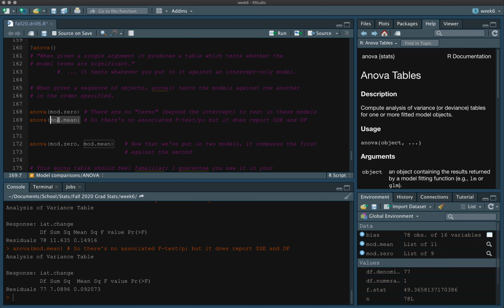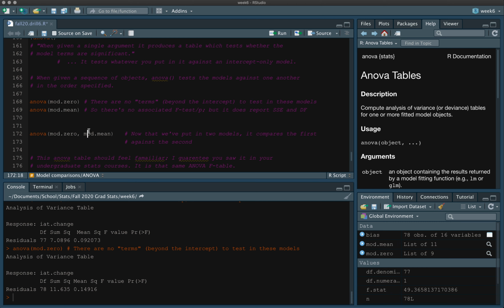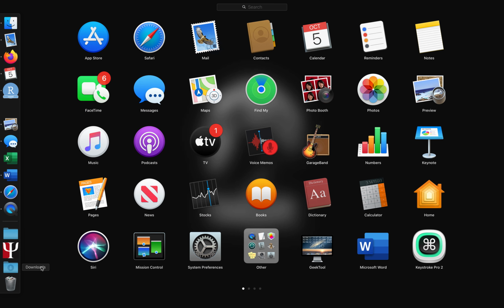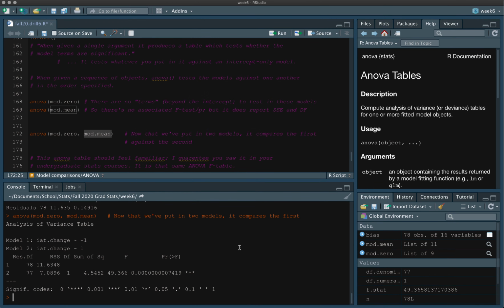So later, once we have additional parameters and we have more parameters than the intercept only, this will change a little bit, and even just putting that one model object inside ANOVA will report some sort of f-test, but for now it won't. But when we put in 2 models, so if we add in the ANOVA function our null model, comma, the intercept only model, or also our compact model versus our augmented model, now it compares those 2